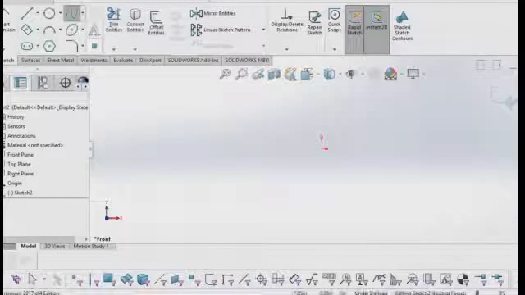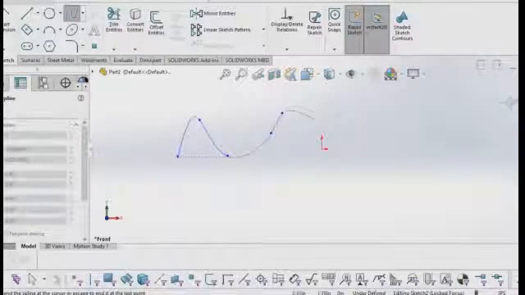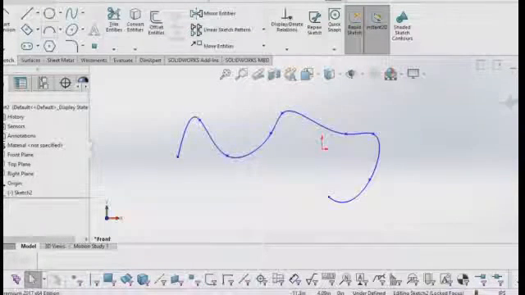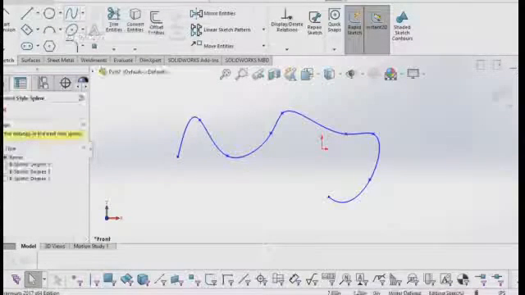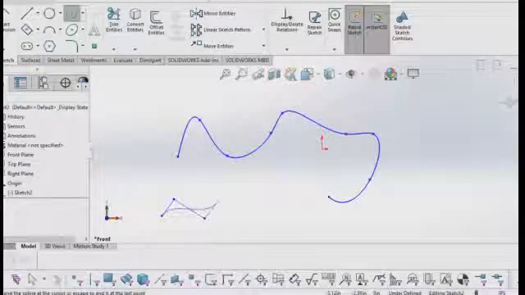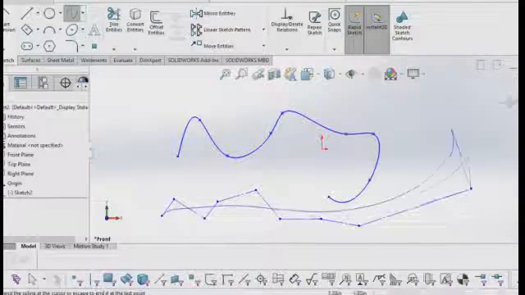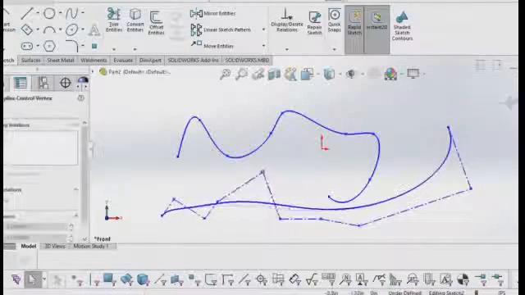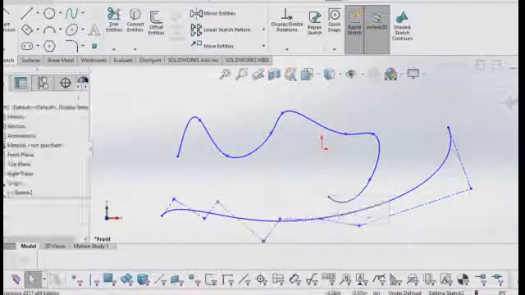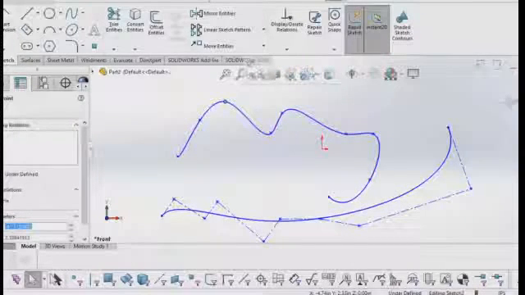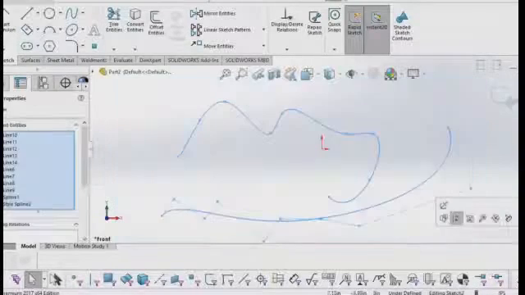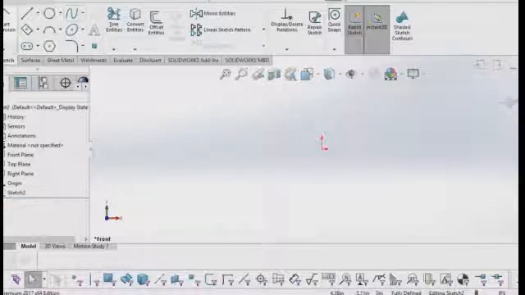Next we have spline. This is to create the particular curvature sections whatever we want in a zigzag manner. Next we have style spline. What is the difference between these two? In this particular one we can edit the points, but the curve will not be generated through the clicked points. But in the first case you will get the curve through the clicked points.